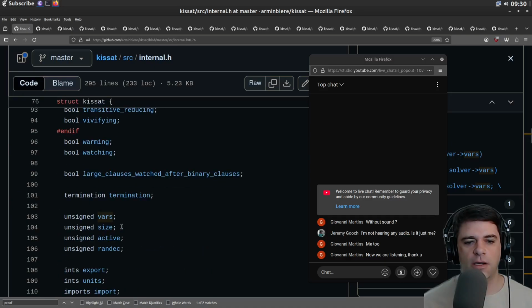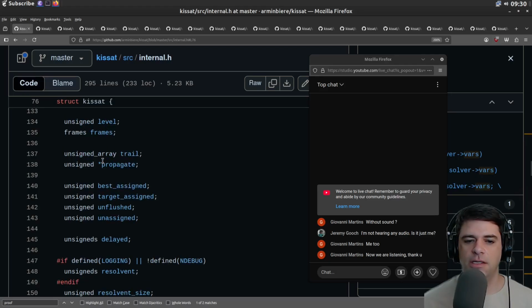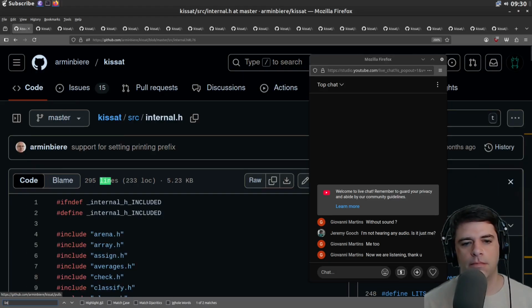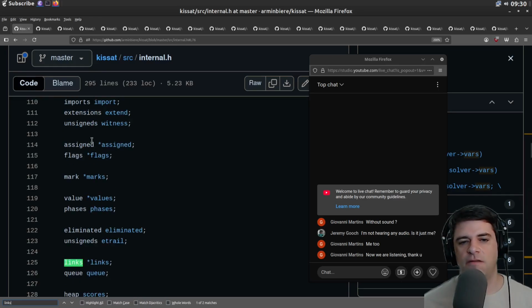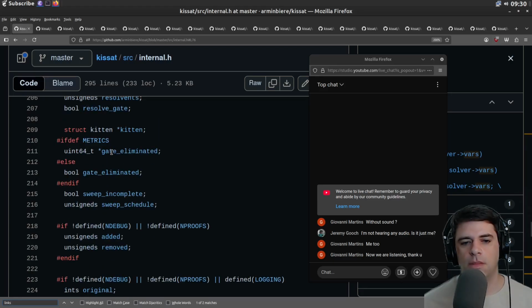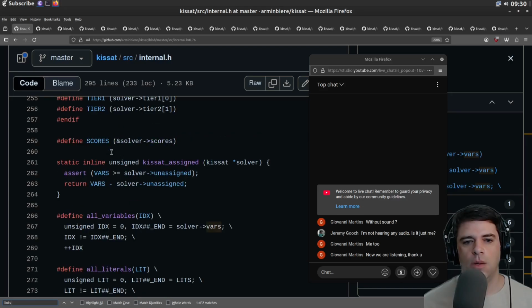So let's go back here. Possibly links. Possibly value assigned. I don't know. And we have some